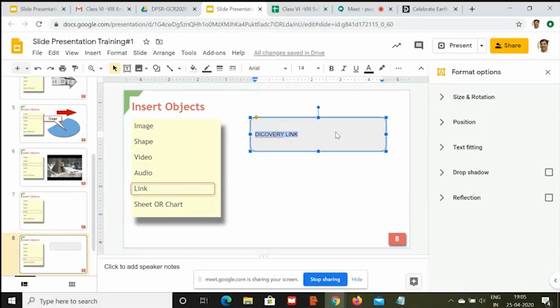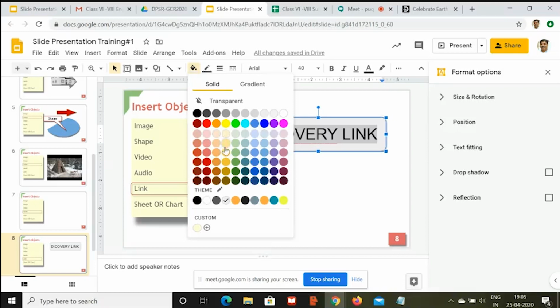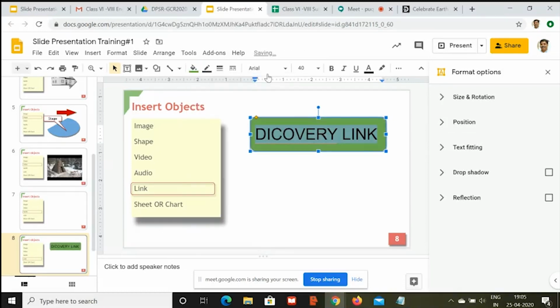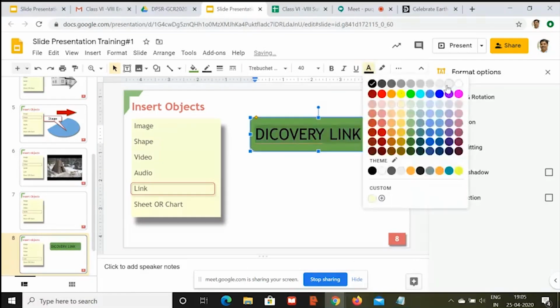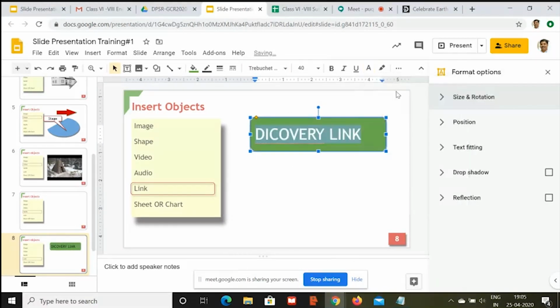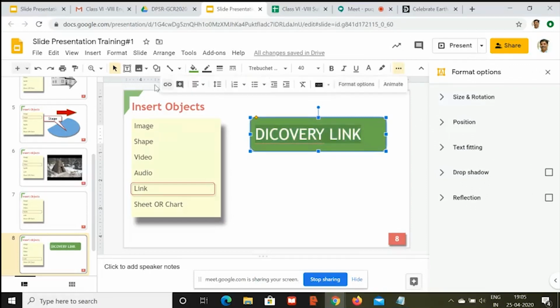And then increase the size. Button kind of thing. Let's say this is a green color button with Trebuchet font, and it is white color and it is in the center.